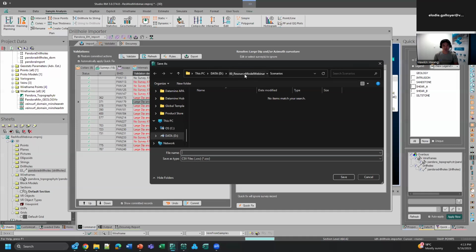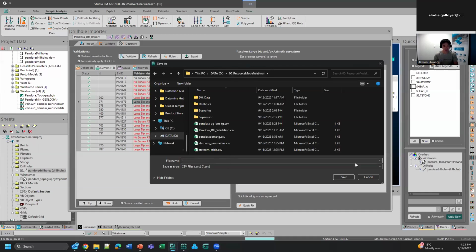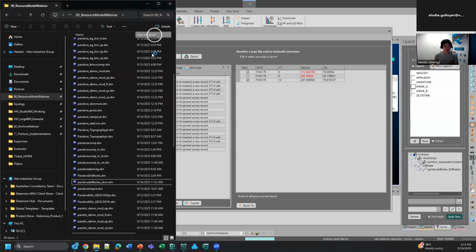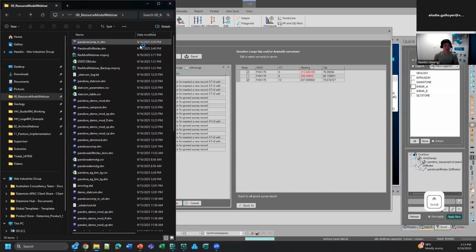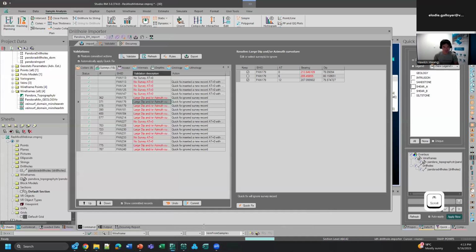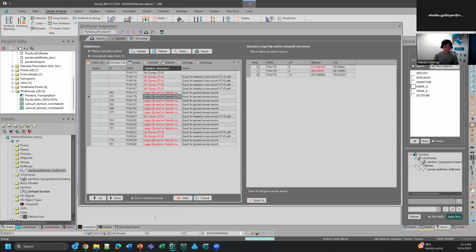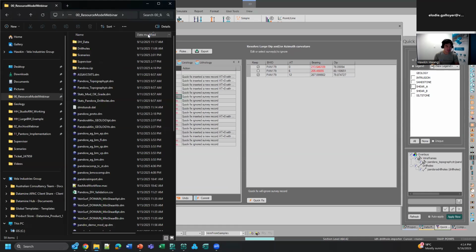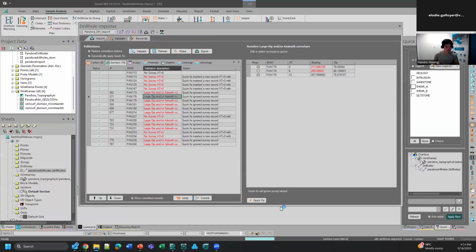So you can actually export your validation problems. Here, I'm just going to export that very quickly into my project folder, and it's going to show me a record. Oh, sorry. Just let it run for a second. And it will show me if it is running. Oh, seems to be